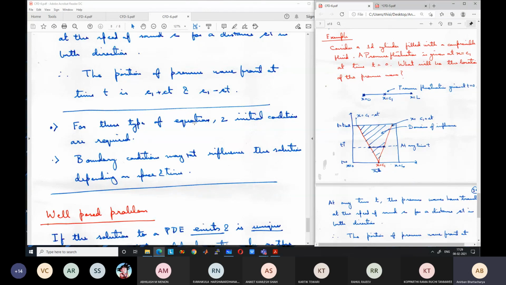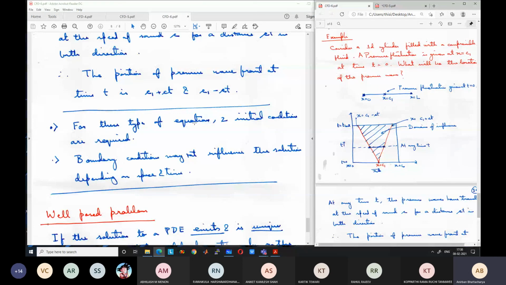Elliptical has no real characteristic. Parabolic has one real characteristic. Hyperbolic has two real characteristics. For each we have seen the domain of influence and domain of dependence. These obviously depend on the point you select, so each point will have its own domain of influence and domain of dependence.